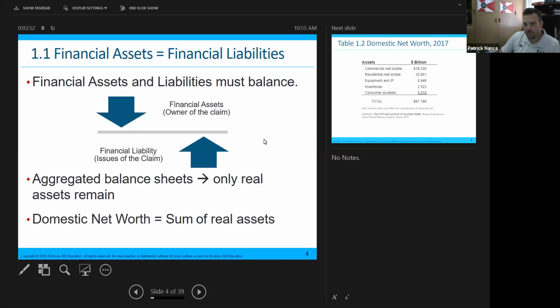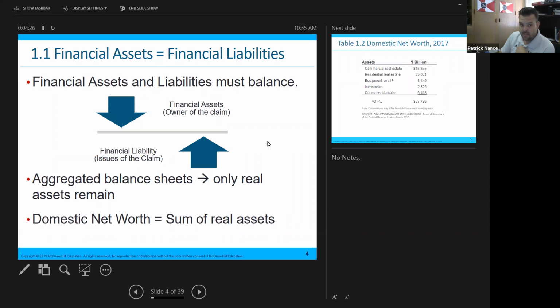An easier example probably to understand, if we all know what bonds are, is a bond. When you buy a bond as an investor, you receive interest payments and you receive the principal payment at the end. But to the person who issues it, the issuer of that bond, they owe interest over the time frame of that bond and then owe money at the end. So those two numbers should be equivalent. If I buy a bond, it's an asset to me, which should be equal to the financial liability for the company that I bought it from. I believe the example the book gives is Toyota selling bonds.